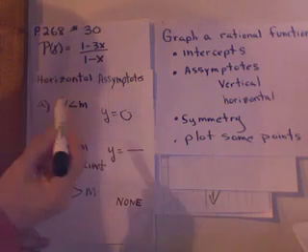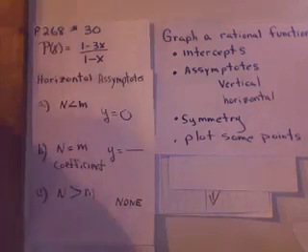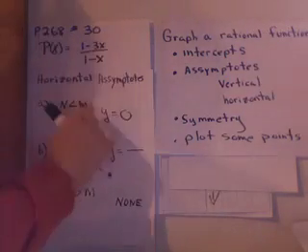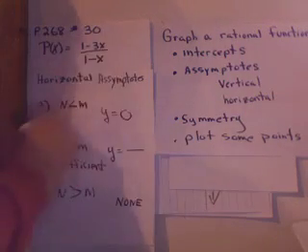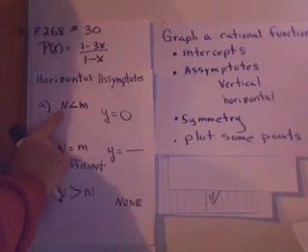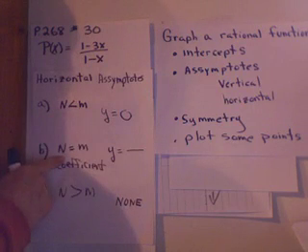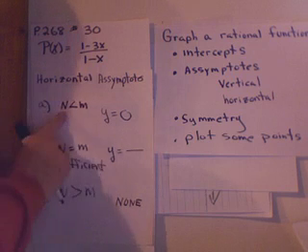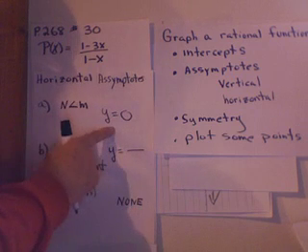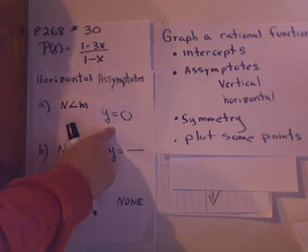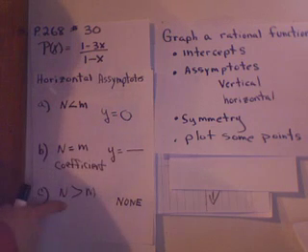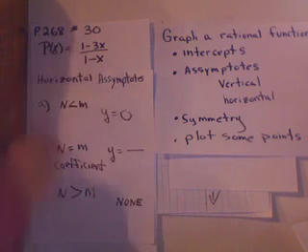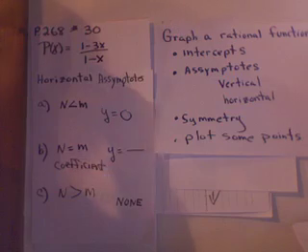Either the numerator is going to be less, equal, or greater. If the numerator is less, the horizontal asymptote is y equals 0. If the numerator is greater, there's no horizontal asymptote. In our case, the degree of the numerator equals the degree of the denominator,